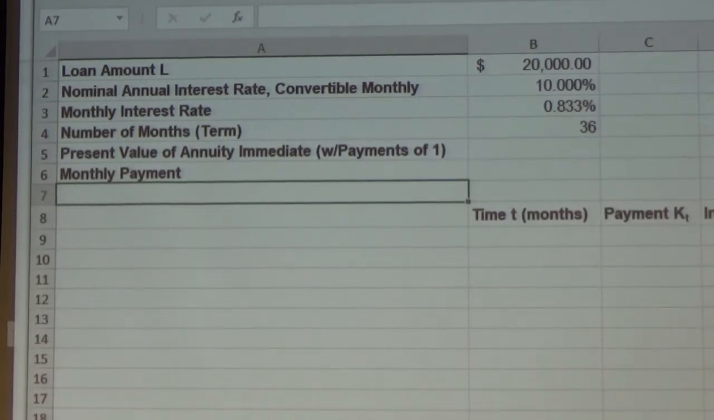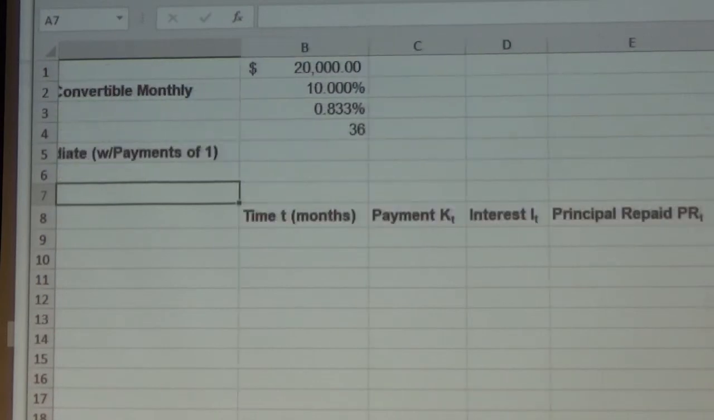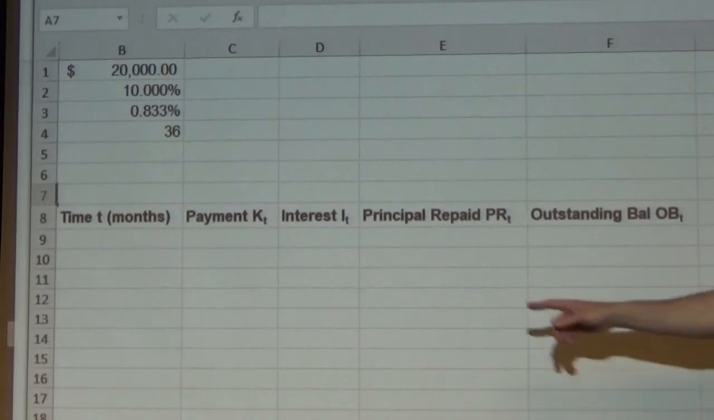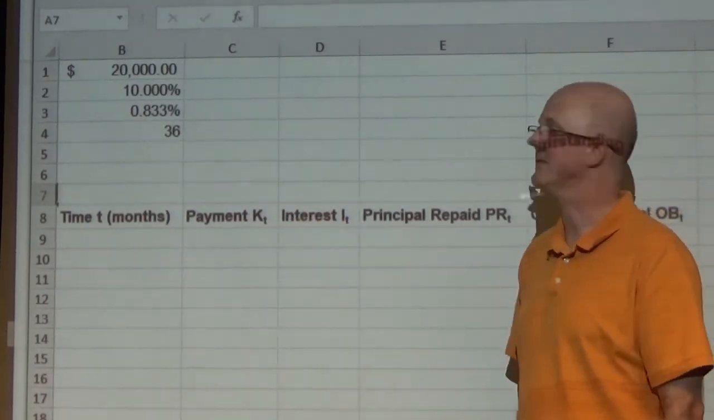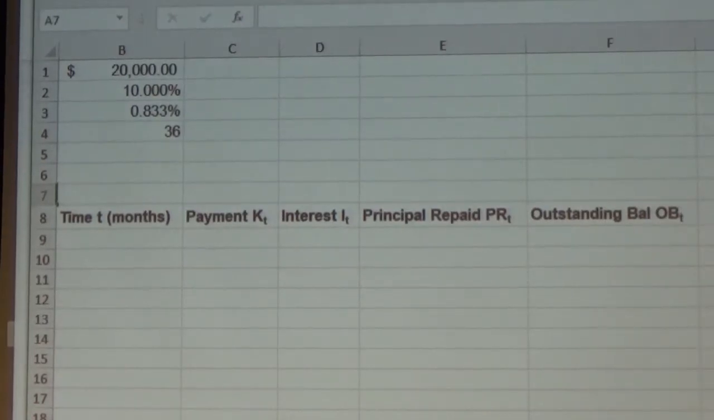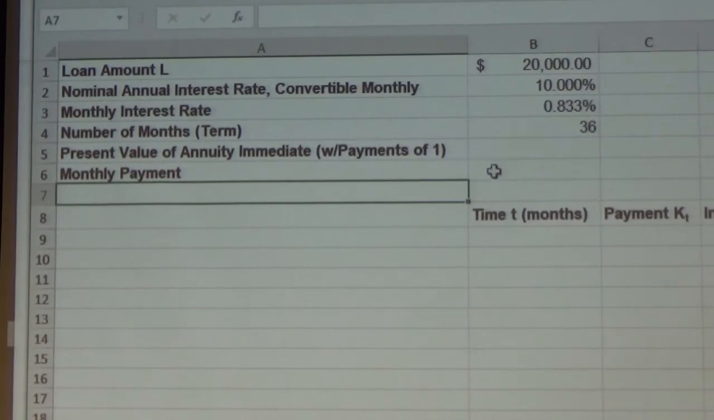Down over here to the right, you see the start of this amortization schedule. I've got the time, the payment K_T, which is going to be constant actually, the interest I_T, the principal repaid PR_T, and the outstanding balance OB_T. Before I fill in the schedule, I've got to figure out what the monthly payment is. Let me first